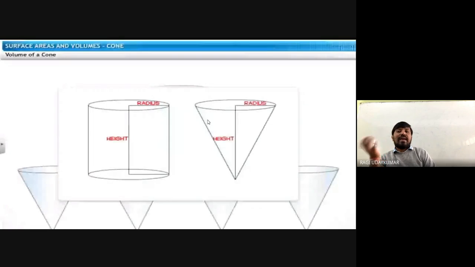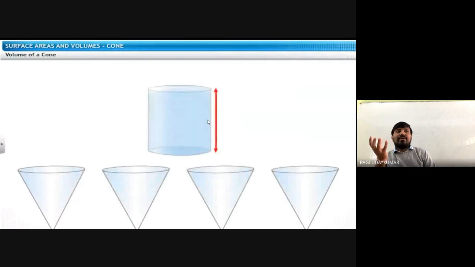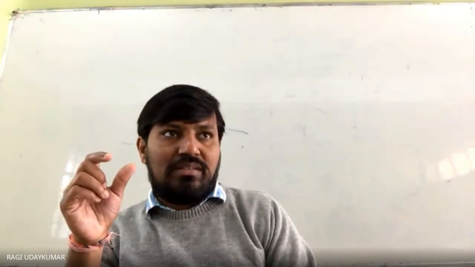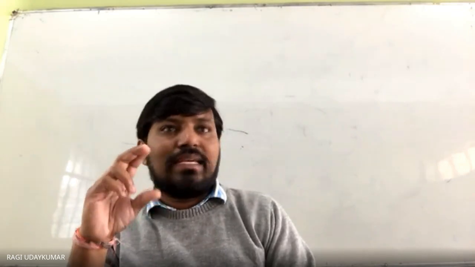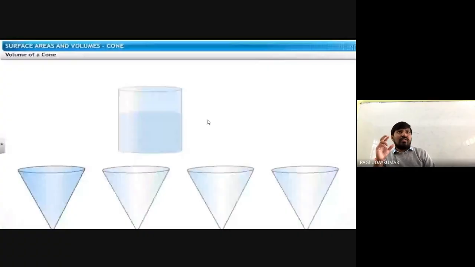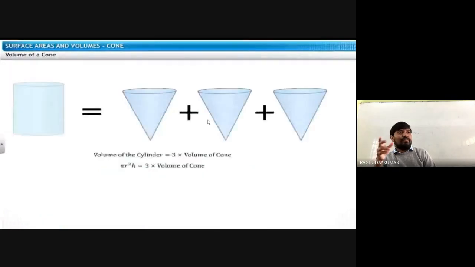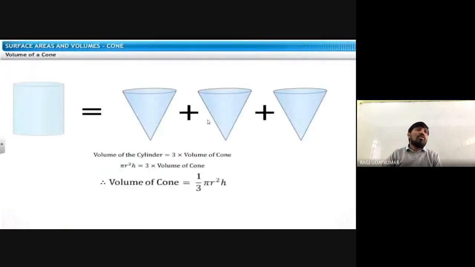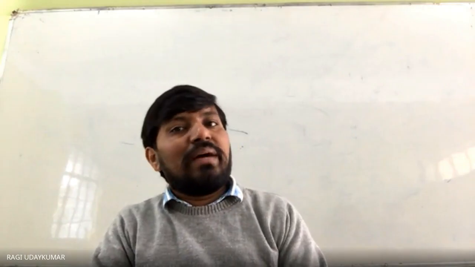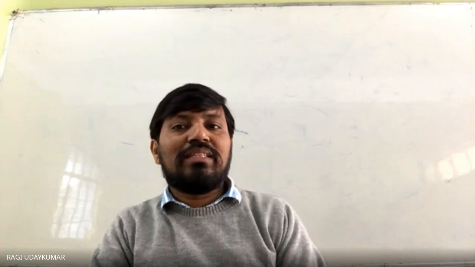And for the volume of the cone, take a cylinder with the same height and same base radius, and you can make it a one activity at home if you are interested. One conical shape and one cylindrical shape. If you pour water or sand from the cone into the cylinder, it takes 3 cones to fill it. So the volume of the cone is equal to 1 by 3 pi r square h.